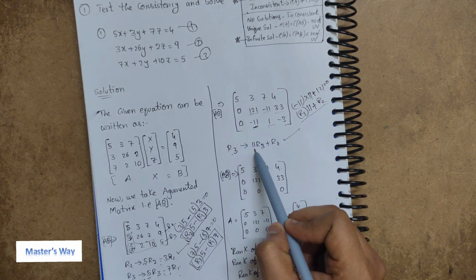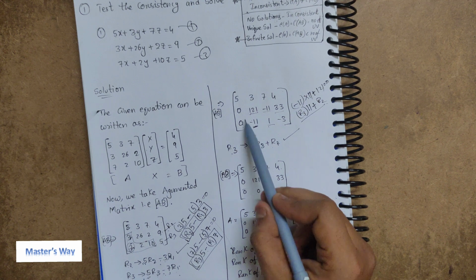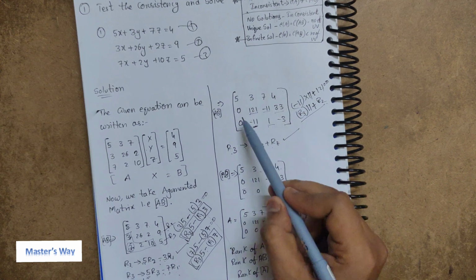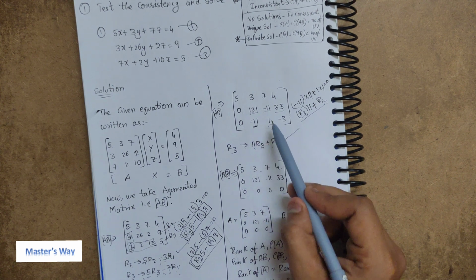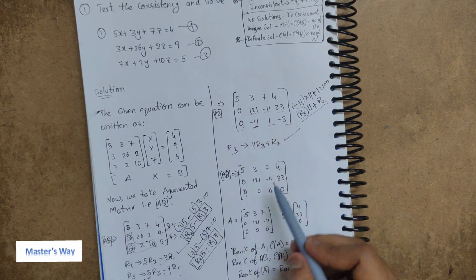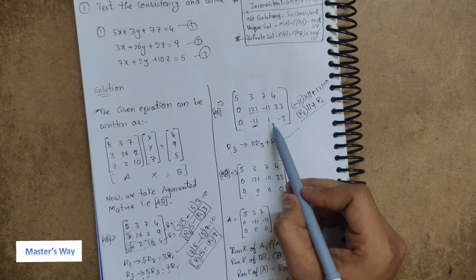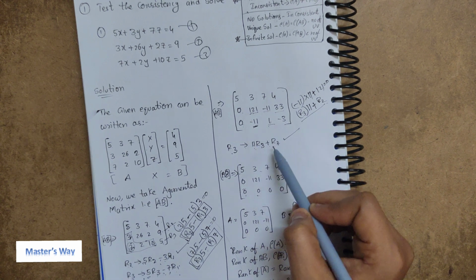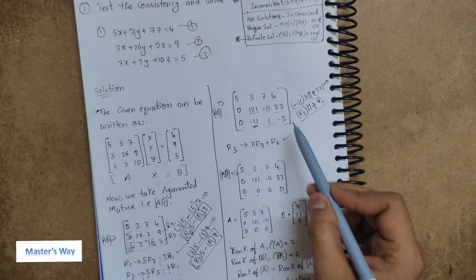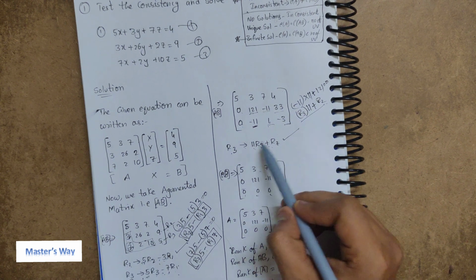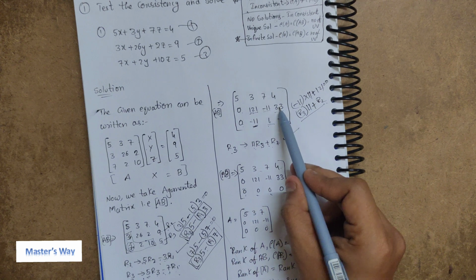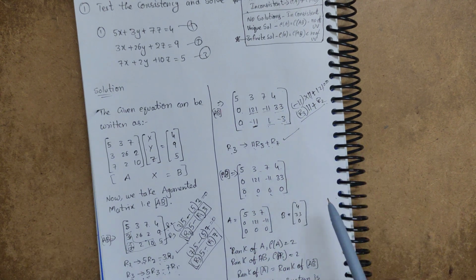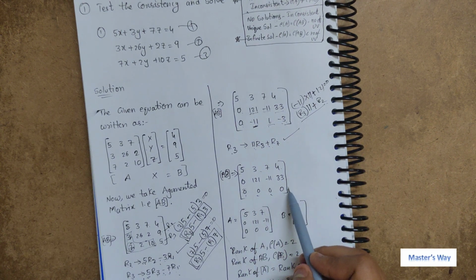Now let's do 11 into 0, 0, plus R2, 0. Hence it is a 0. 11 into 11, 121, plus 121, then it will be 0. In the same way, 11 into 1, 11, plus minus 11, then it will be 0. 11 into 3, 33. It will be minus 33 and plus 33. It is also 0. Okay, luckily we got all zeros here.